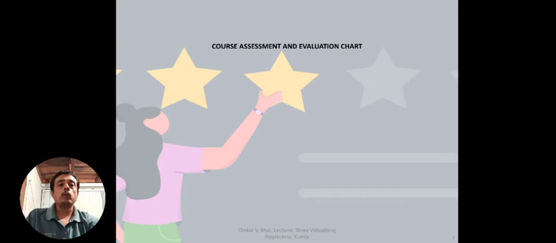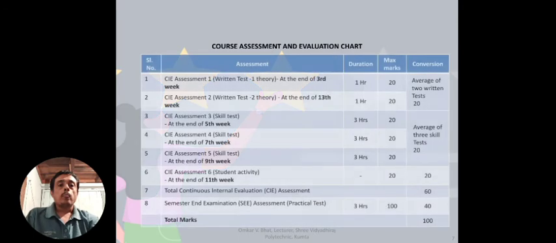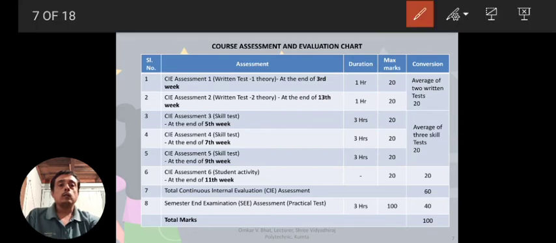Then one more chart for course assessment and evaluation. Let us see this chart. See, as I said in the previous slide, we have to write 2 theory tests. So this is one written test for 20 marks, duration 1 hour, and the other written test 2 is also for 20 marks and duration 1 hour, and average of these 2 is taken.